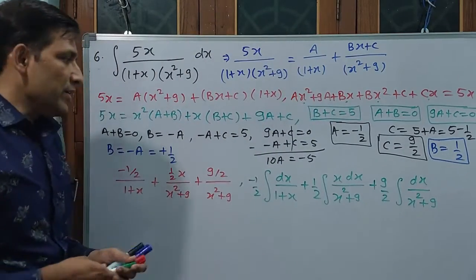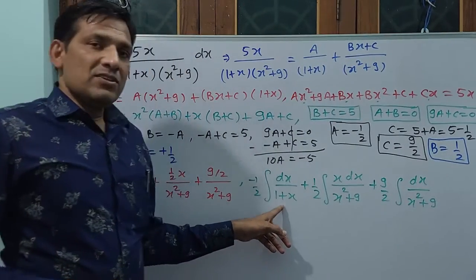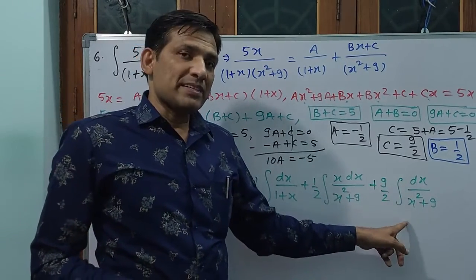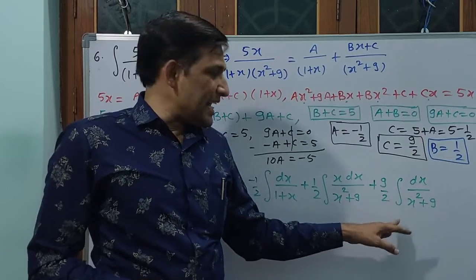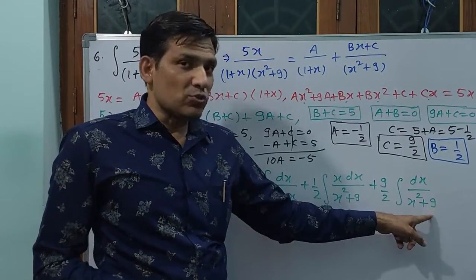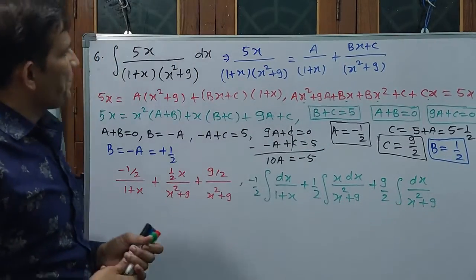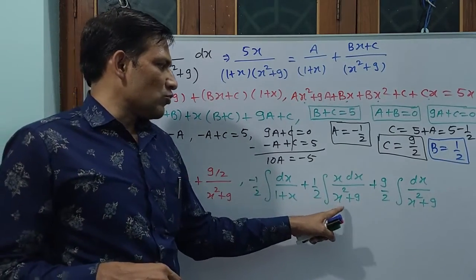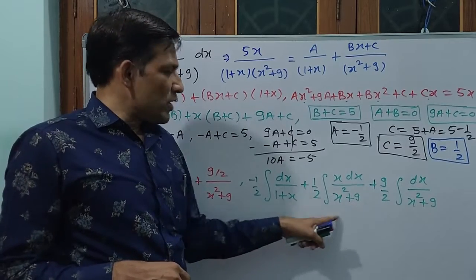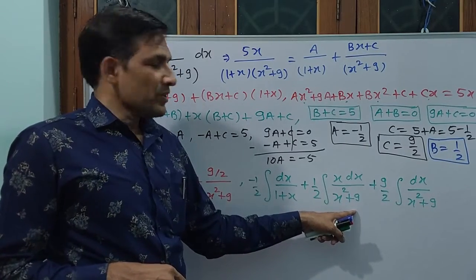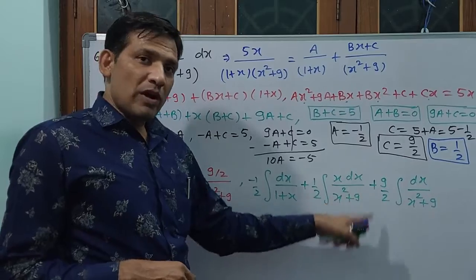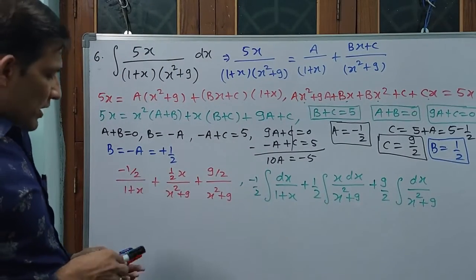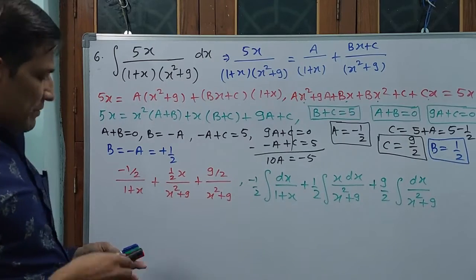Is it okay? You see, directly this is log of 1 plus x. Directly this is 1 by a square plus x square, tan inverse x by 3. Why? Because this is 3 square, 3 square like you have to take. But here you have to take some substitution. X square plus 9 you have to take as t. 2x dx is going to come dt. Then x dx is equal to 1 by 2 dt is going to come. Like that it will come. Let me write that also.